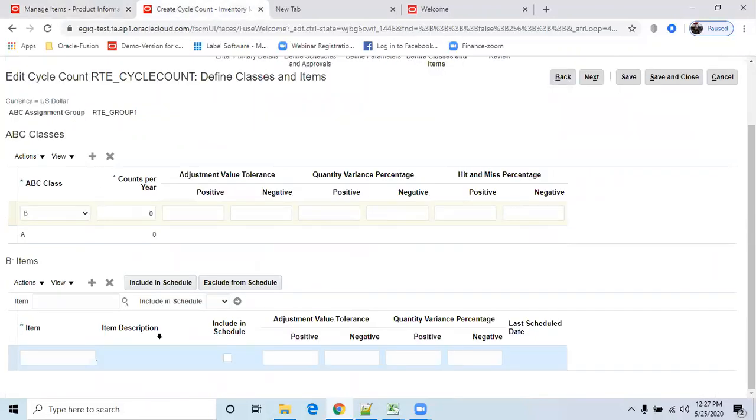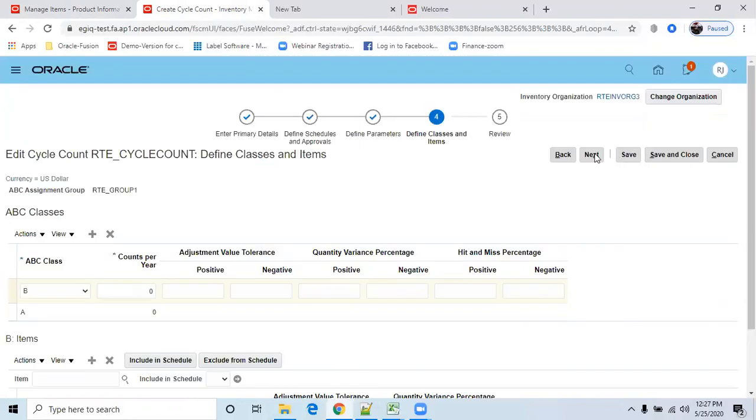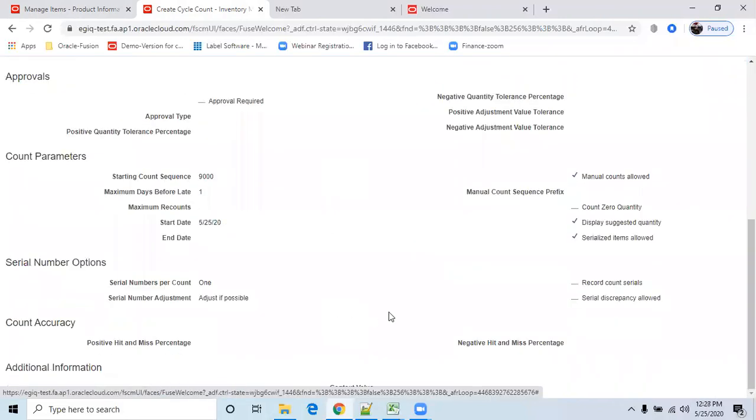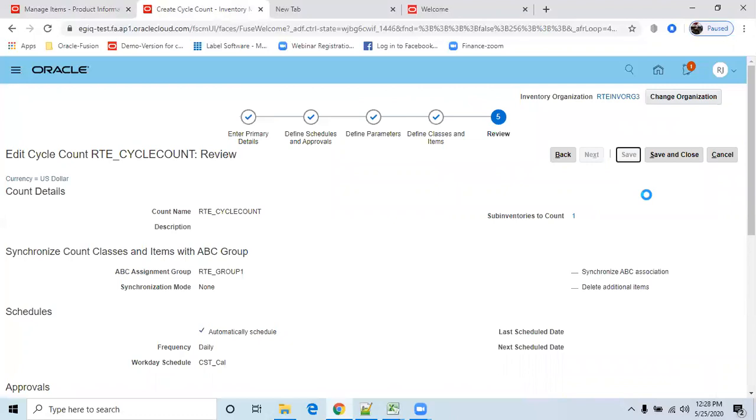Yeah, now try to add. Okay. So include in schedule. Just click on next. You can review all those things here and then save, save and close.